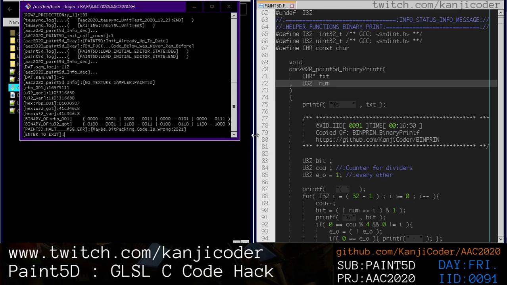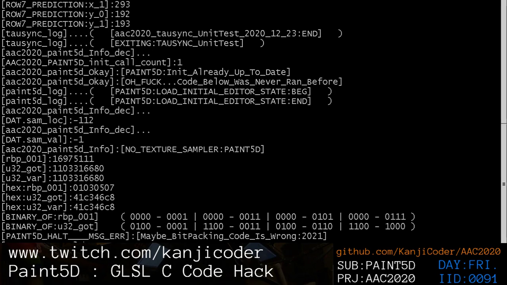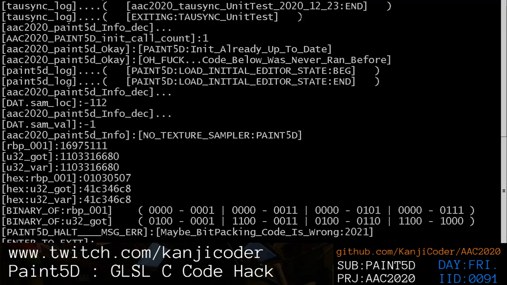Okay, cool. So we got this little binary printout, and say the bit packing is quite different. So what I'm seeing that's kind of interesting here. So this is nice. I am very glad that I wrote this function, because if we zoom in on this console, I don't think we can zoom in like this because then you can't see it. Oh, you can see it. Okay, cool. So if we zoom in and we look right down here, you can see that